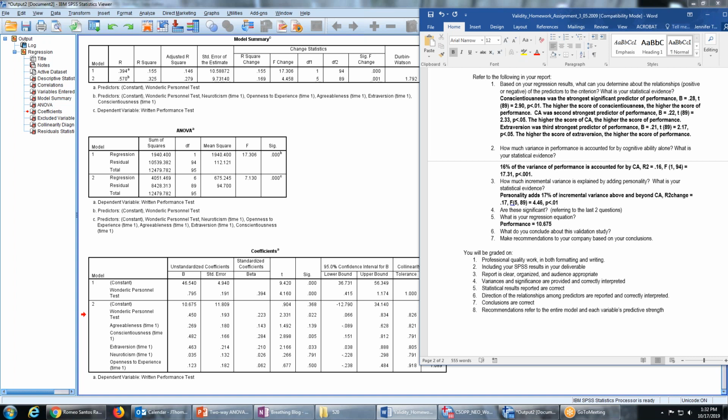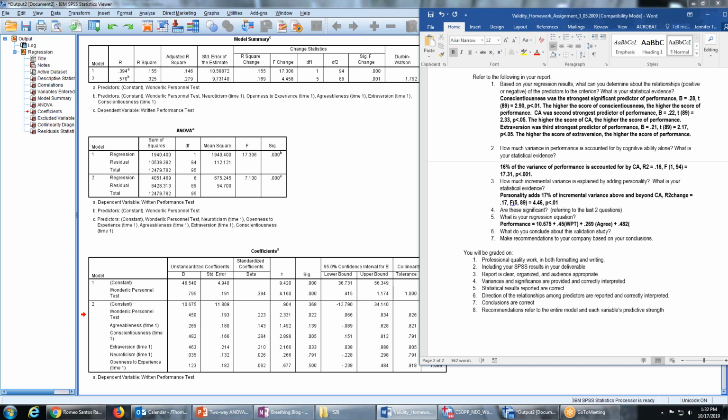You go to 3 decimal points here, as you remember from stats class. And we're going to use the unstandardized coefficient, so 0.45. And that is the Wonderlic personnel test plus 0.269 agreeableness. And remember, we're going to put in all of them because the equation does not work without all of them. 0.482